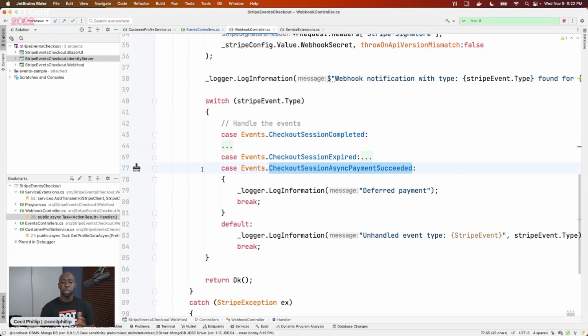This is a good place where you could use something like Azure Durable Functions, which does workflows and checkpointing, or maybe even something like Orleans or Akka.NET that have persistent workflows. You can do something similar in these types of cases. But as you're handling your webhooks, you probably just want to fire that off and keep going. You don't want to hang up your controller or your method for too long while that's happening. Okay, so that's what that looks like.